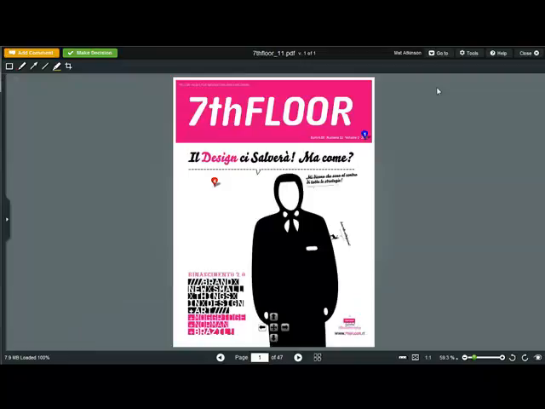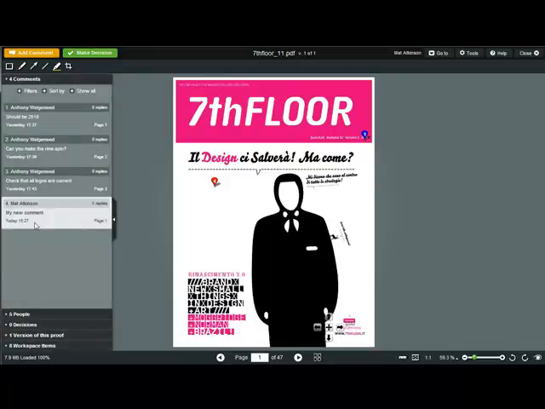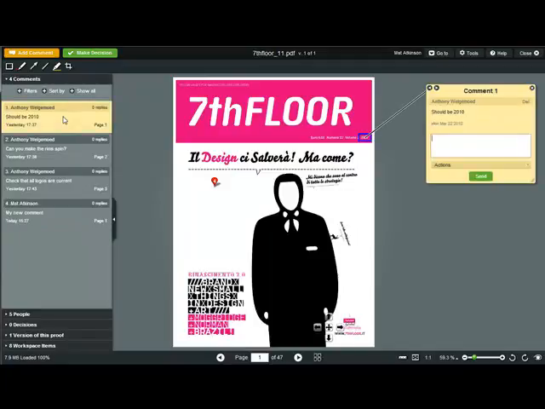One of the most powerful features of ProofHQ is the ability for groups of reviewers to create discussion threads around comments on the proof. This saves a huge amount of time and avoids one person having to consolidate comments from the whole review team. If I look in the sidebar, I can see that Anthony's already left some comments on this proof. If I click on one of the comments, it opens and the markups related to the comment are